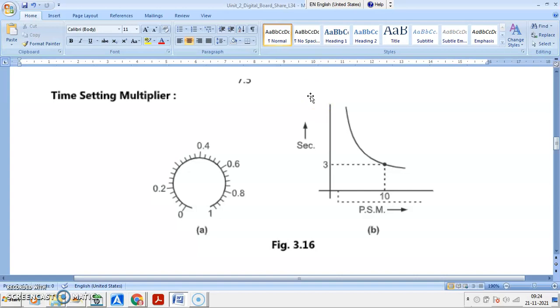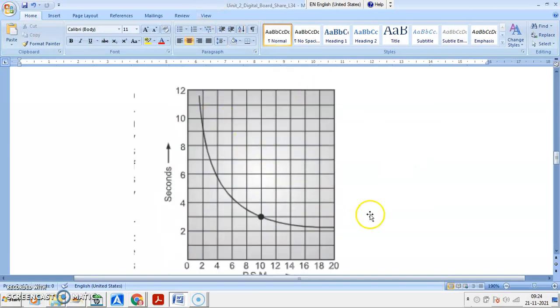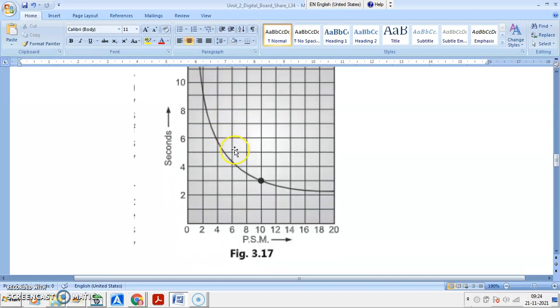Then the inverse time relay. In an inverse time relay, inverse time characteristics are there. This is the inverse time current characteristic. Forget about this dot for some time. Just see the line, that is the inverse time current characteristic. When current increases, relaying time decreases. This is time, this is current setting. As we go on increasing the current, time required for operation decreases. That is an inverse time relay.